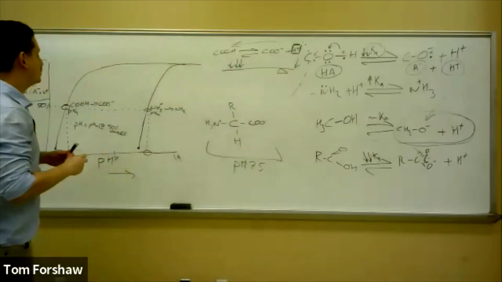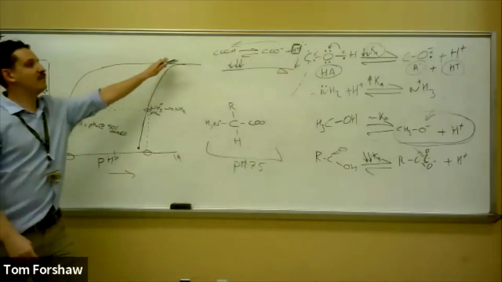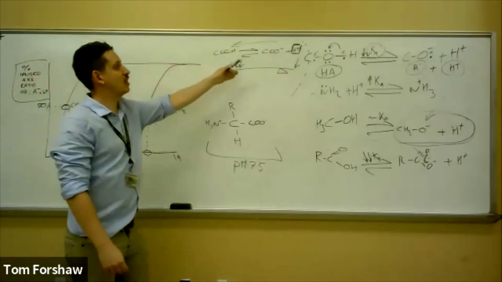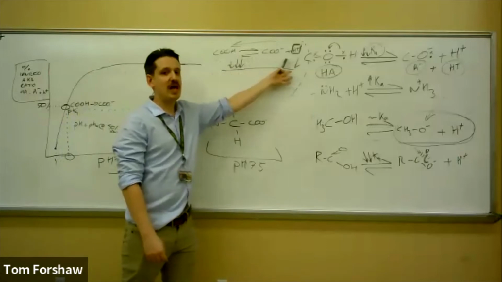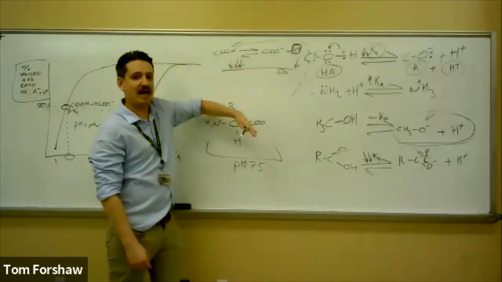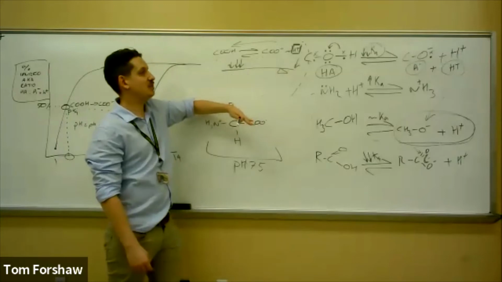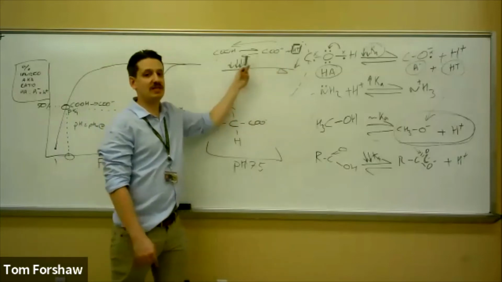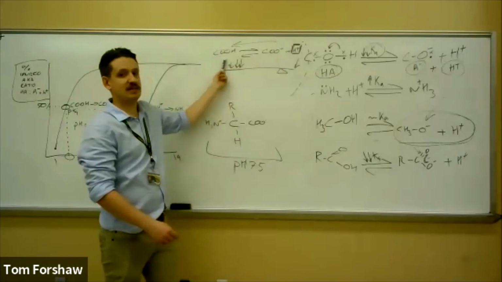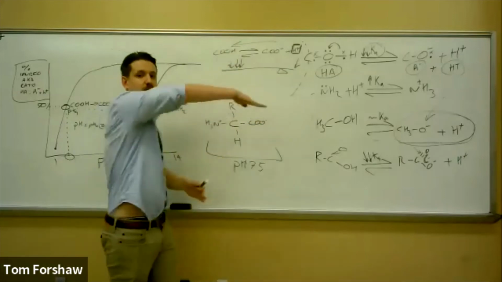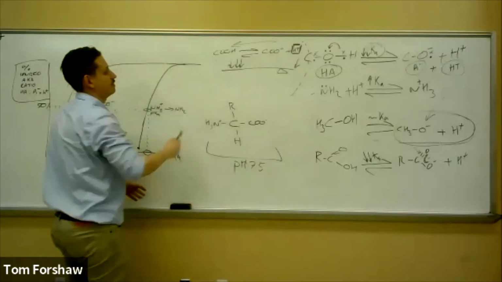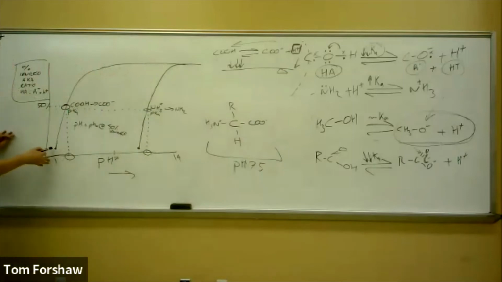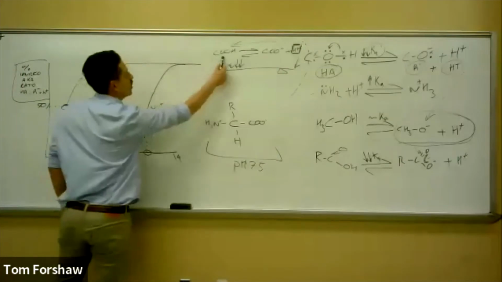And so at a low pH, you're going to have less ionization because it's going to be pushing the equilibrium over in this direction because you have more of this. And so it's going to make things out of balance. To bring things back into balance, you're going to be removing some of this and generating more of this. So that brings the balance back here. So at a low pH, where pH is less than pKa, you've got a higher amount of this, and